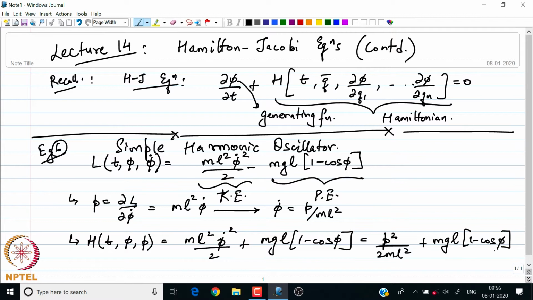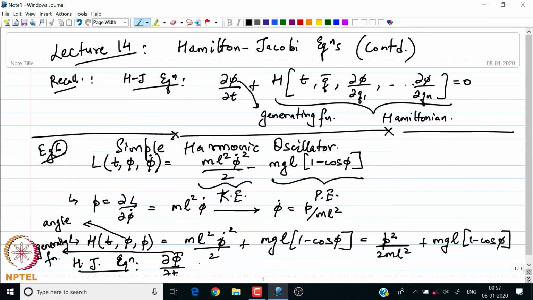Okay. So, then my Hamilton-Jacobi equation, from here it is quite easy to find. Now I am going to write down the equation in terms of capital phi. Note that this phi in the argument of the Hamiltonian is the angle, and it is not to be confused with the capital phi here. This phi is our generating function. So, students should not confuse between the two phi's. Hence this is written in a slightly different notation.